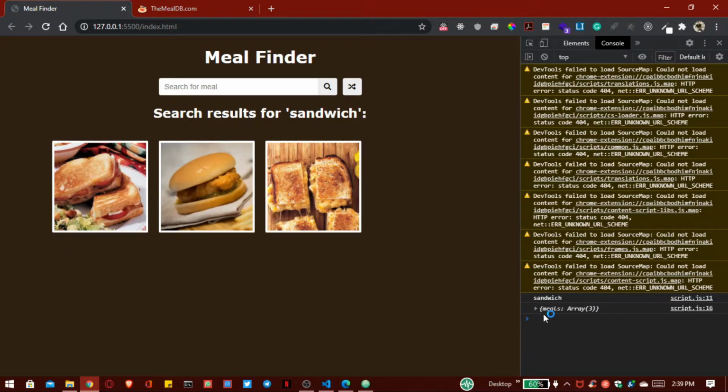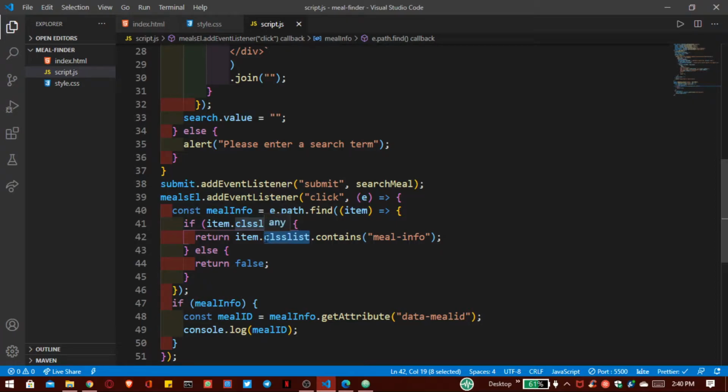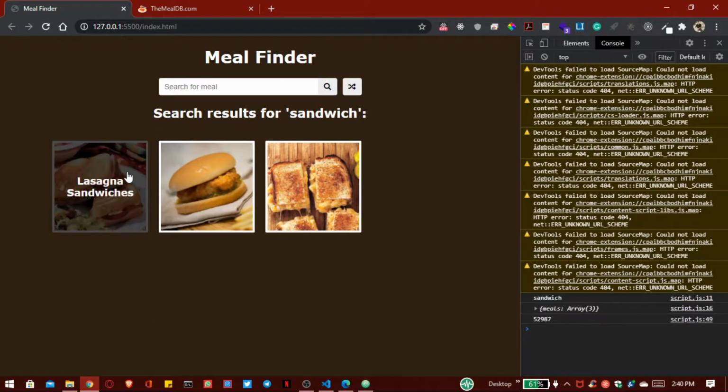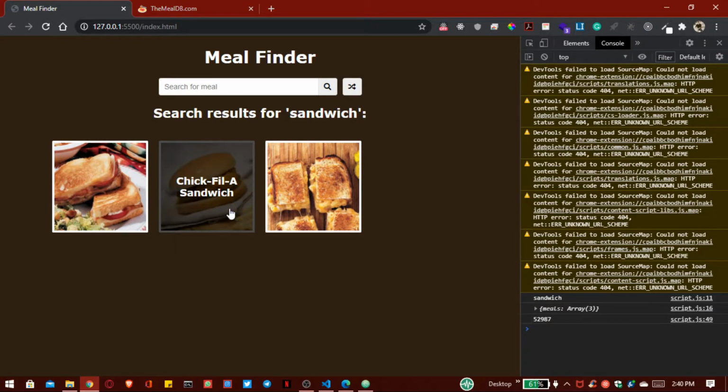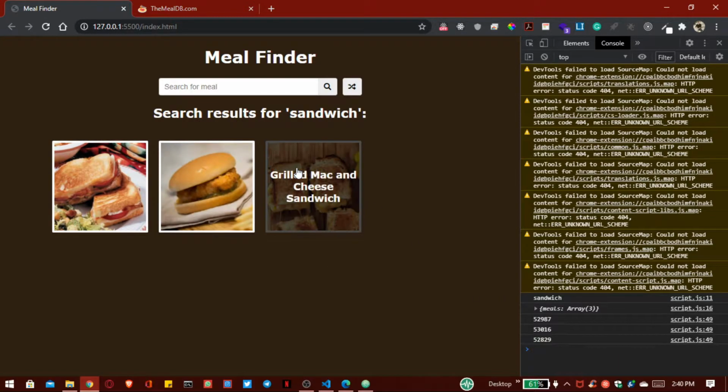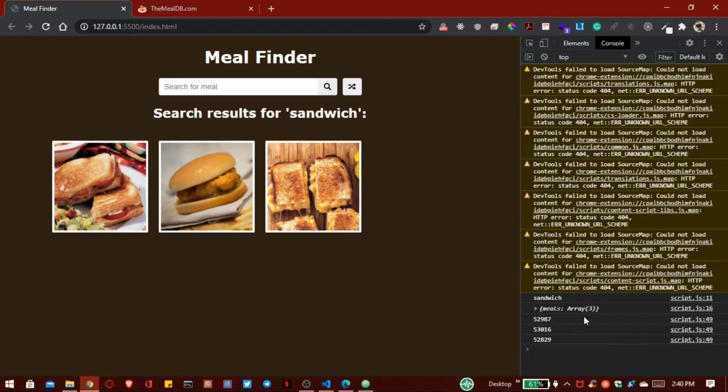You can see our ID is not generated because here we have to write class list. So now save this. And whenever I click on this particular image, you can see we can find the ID of this image like this. So we can get our meal ID because each of our meals has a particular ID. So we can use this ID to generate our recipe.